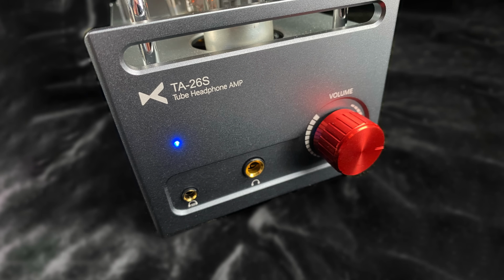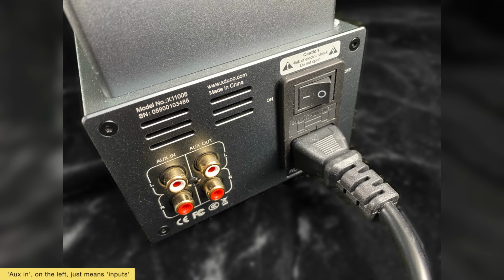balanced output. A pair of aux outputs on the back take the signal from the tubes, so you can connect to a power amp and speakers and get that tube goodness, making your speakers more flavourful, as it says in the manual. Now, what about the rolling, tube rolling, not rolling coal, which is a completely different thing for completely